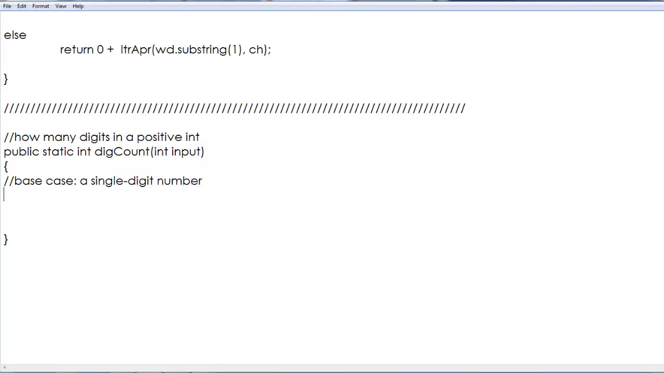Right? So how do you tell if something's a single digit number? If input is less than 10, return 1. Hey, how many digits does the number 7 have? Well, it has one digit. Done. Otherwise,